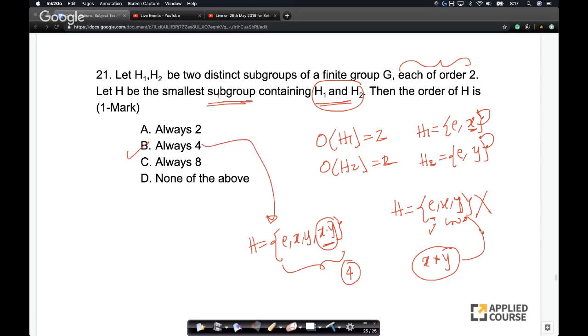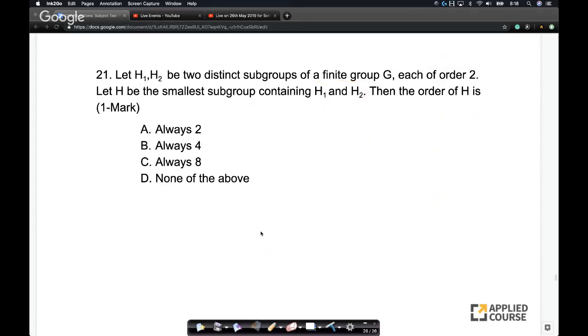It cannot have size 3. Because if you have size 3, X star Y doesn't exist in the group to start with. And X star Y is not equal to E, because X is self-inverse and Y is also self-inverse. If they were not self-inverses, these 2 elements could not belong to a group to start with. That's why X times Y will not belong here. So it's not that you can have it in some cases; no, you cannot have a group like this. It will not be closed to start with. So the smallest group that you can construct has 4 elements. So this is one nice example.